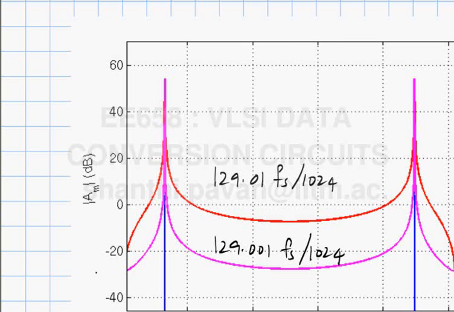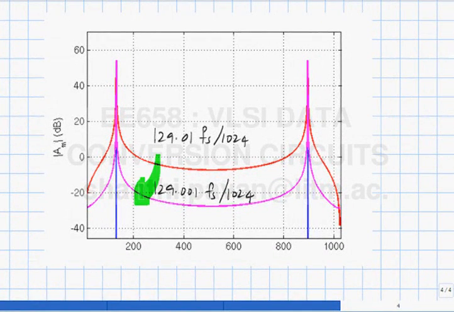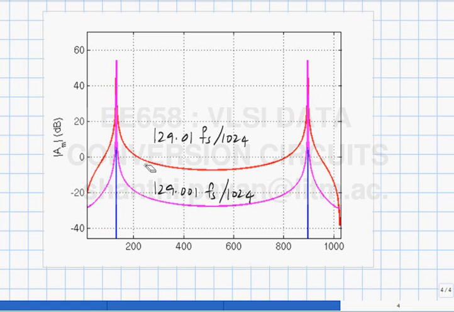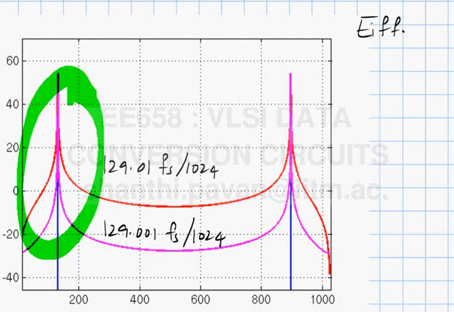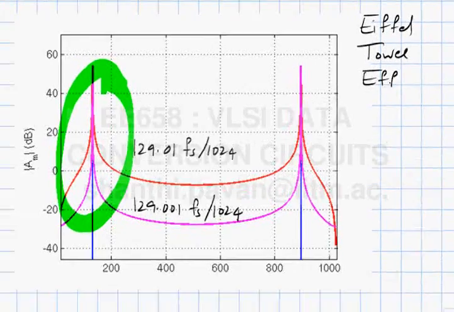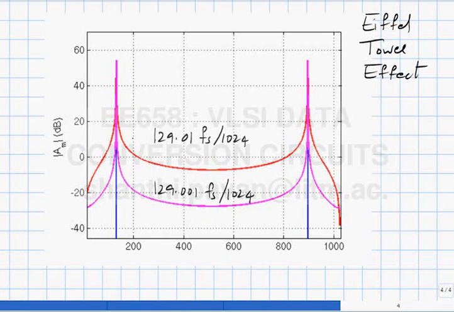One obvious thing is that as it gets close to 129, the discrete Fourier series coefficients seem to tend towards what you would get for the ideal case. That makes sense. In any case, for information's sake, when you see this happening, it is often called the Eiffel Tower effect. Clearly, things don't look as hunky-dory as they do with the right input frequency. One thing is that the bins which are supposed to be all zero, mind you, since you just have a pure input tone, are now